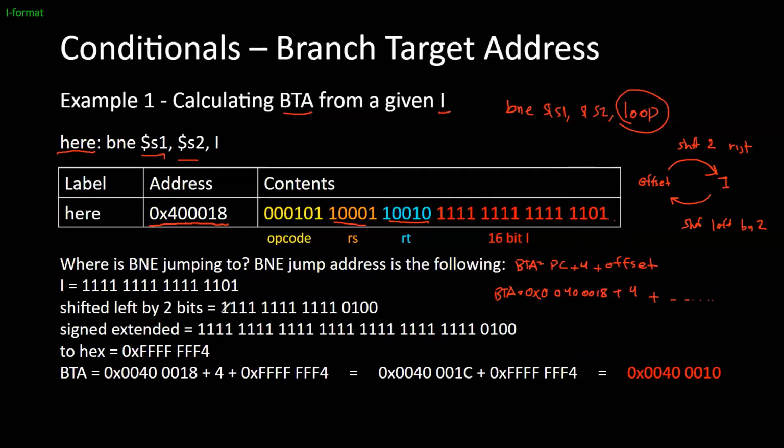So if this is your number, you add the 2 zeros. I'm sorry, this is your I. You add the 2 zeros, and then you have to sign extend that. So I want to write this to be more clear. It's a bit tricky when you add these two. You want to divide them into 4 digits to be clear and not confuse things. So if I have these two,